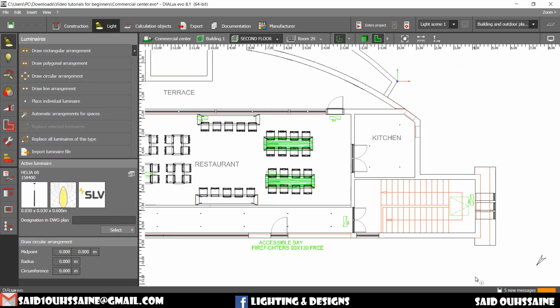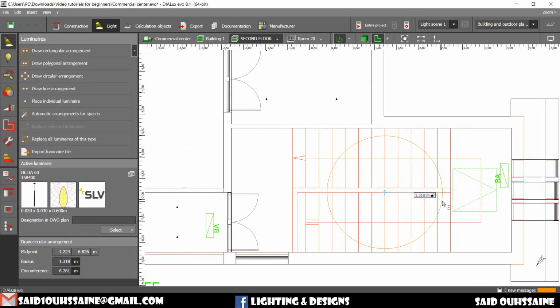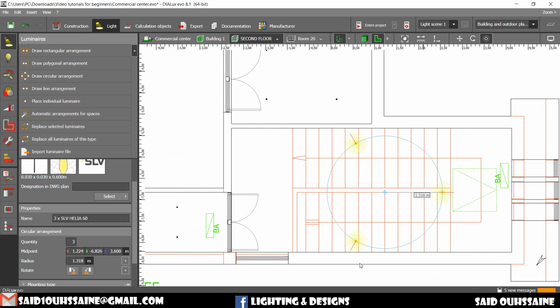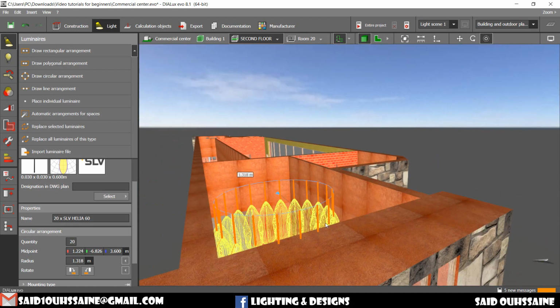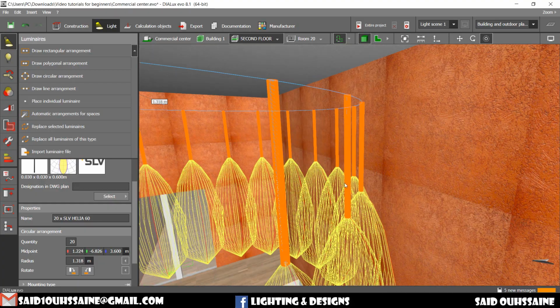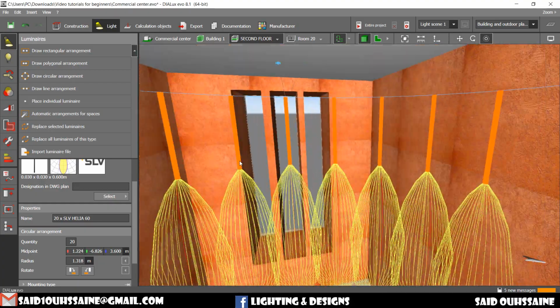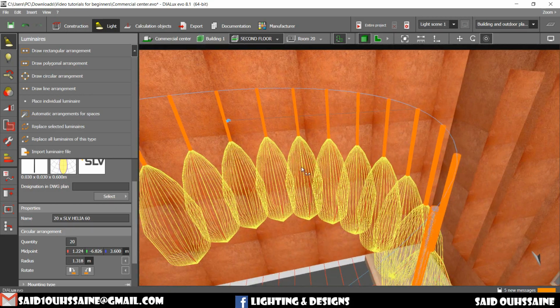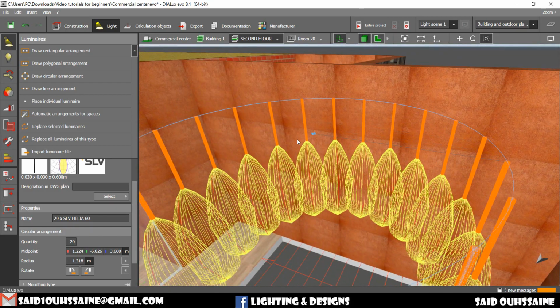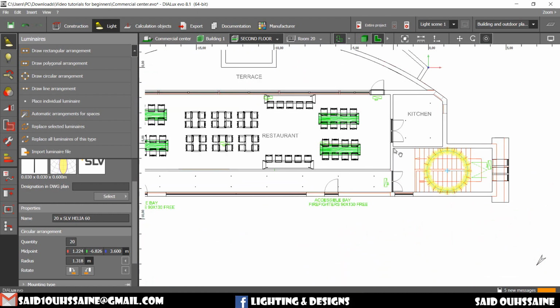Draw a circular arrangement, for example, something like this, and we can increase the quantity, like let's say 8, let's say 20. It's just as you want, as you need in your project, and it gives you something like this. I am in the middle. Alright, you can also